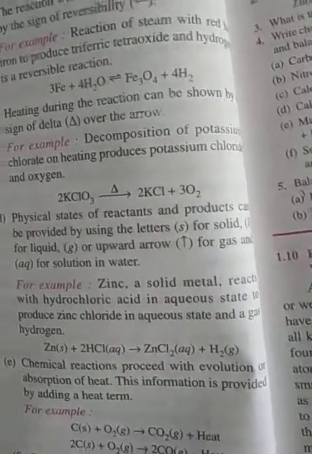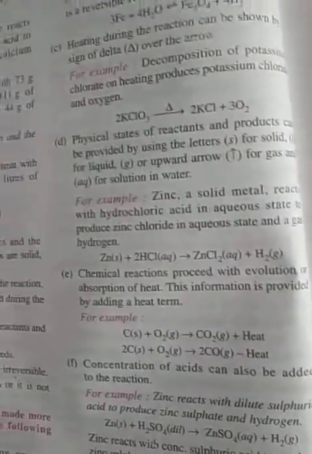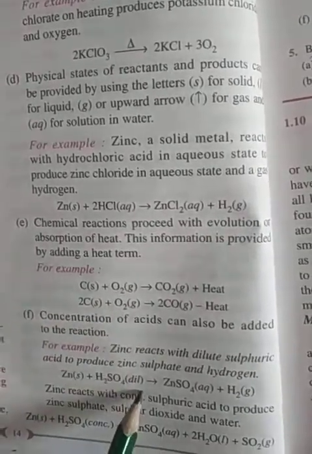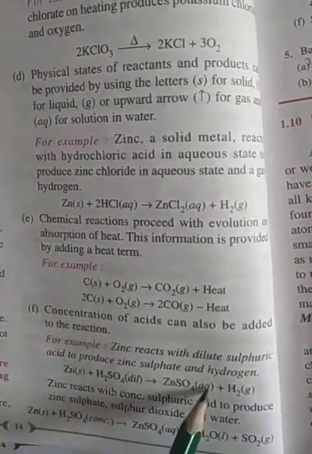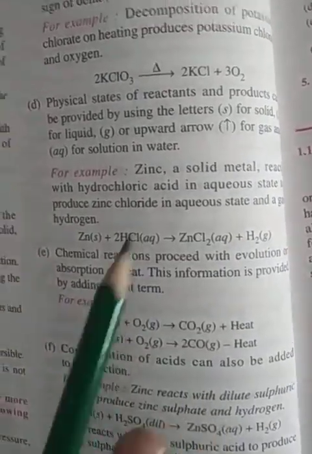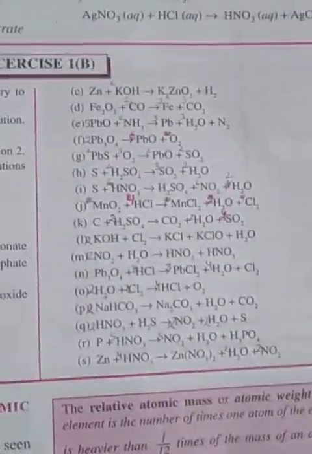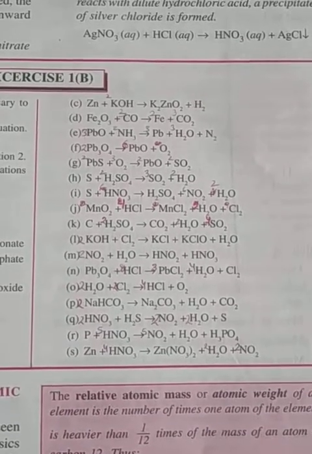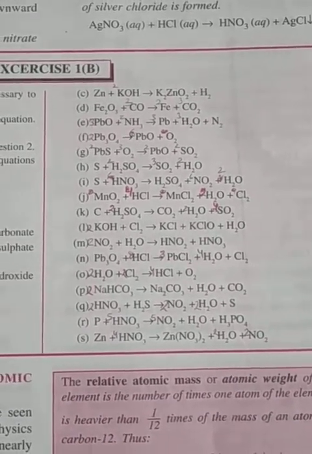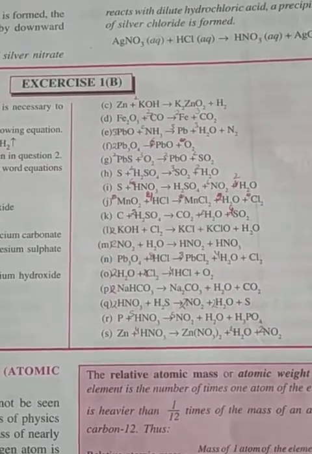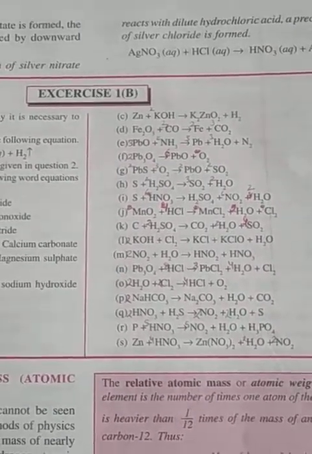Precipitate arrow can also be added, the downward arrow, so it will give us more information. Concentration we can mention here. Dilute and concentrated. Aqueous means solution in water. Okay, so concentrated and dilute also can be mentioned to increase the information conveyed by a chemical reaction. I think I have discussed all these balancings with you, right? And please do practice. Balancing is just like your maths. The more you practice, the quicker you are at that.